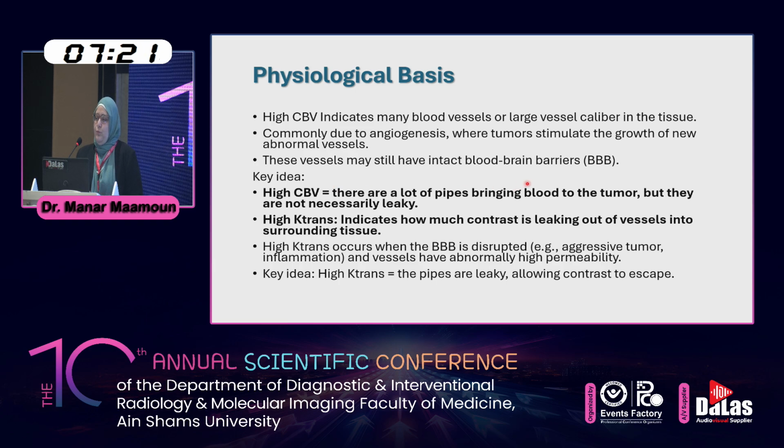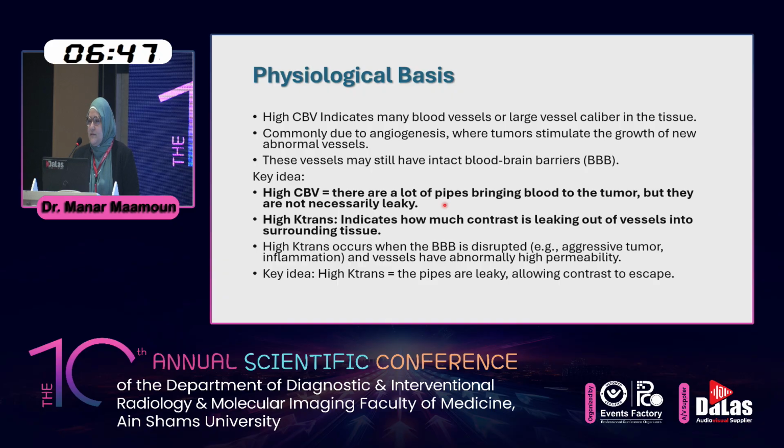Again, I'll talk about the difference between cerebral blood volume and K-trans. Cerebral blood volume means how many blood vessels, or how wide the caliber of the blood vessels, are within the tissue, commonly due to the angiogenesis that occurs with tumors, okay? Because tumors have stimulating factors for blood vessels, high cerebral blood volume, which is the most important parameter to be measured in brain tumors, means that there are a lot of vessels, pipes, bringing blood to the tumor,